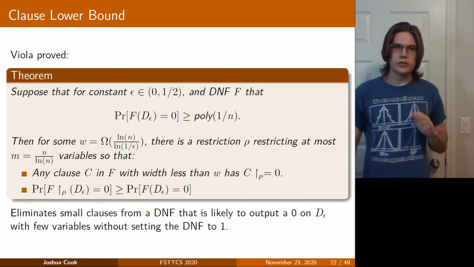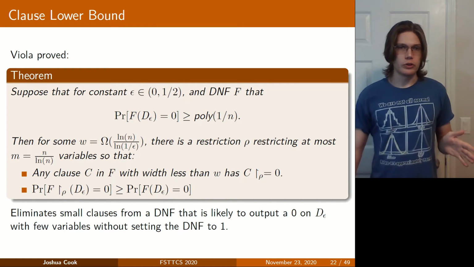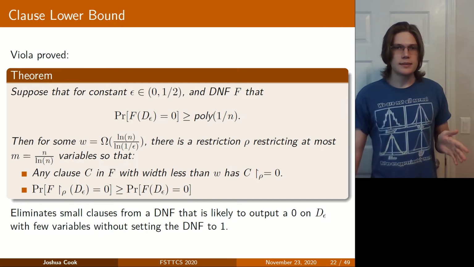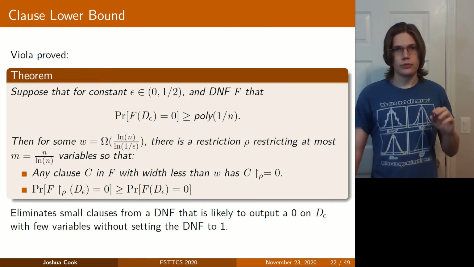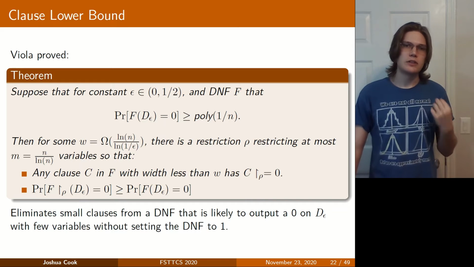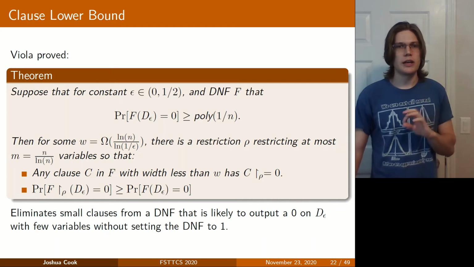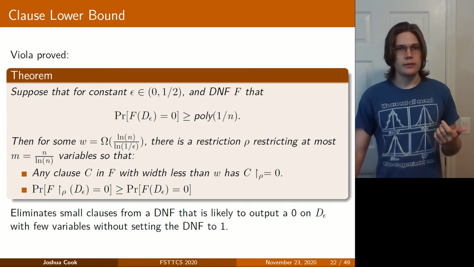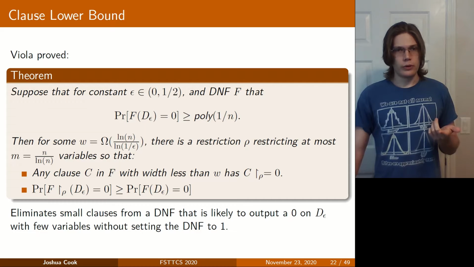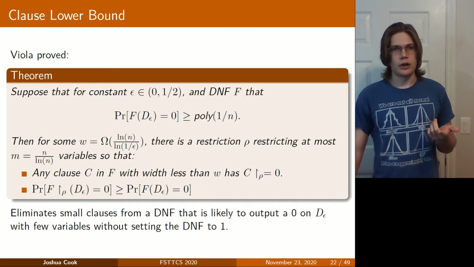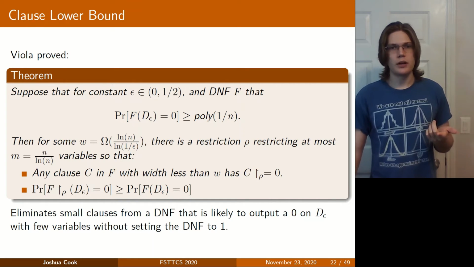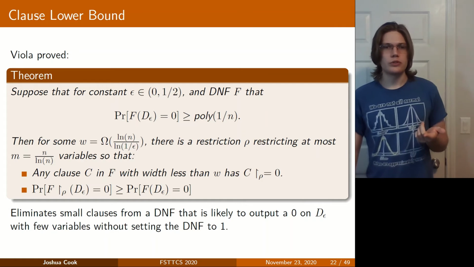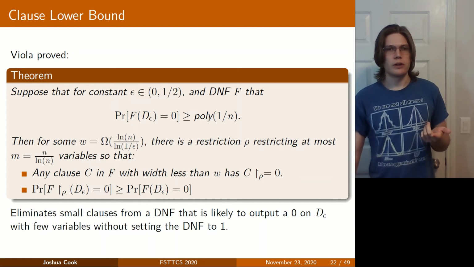Okay, so first we're going to go through what Viola proved real quick. Basically, he proved that for any constant epsilon, in DNF f, if the DNF outputs 0 on D_epsilon with a polynomially big probability, then for the width that we have from before, so log n over log of 1 over epsilon, there's a restriction rho restricting at most n over log n variables, such that any clause that's